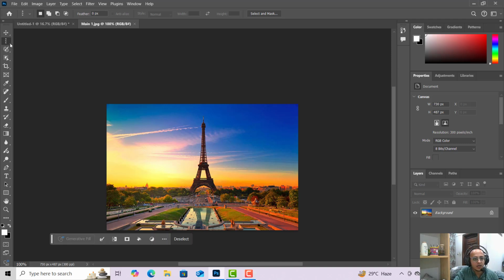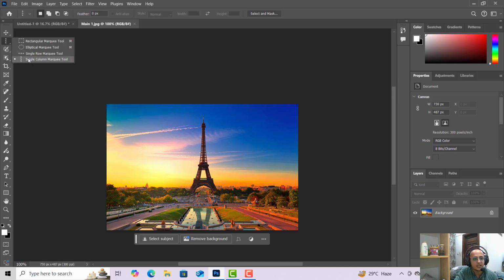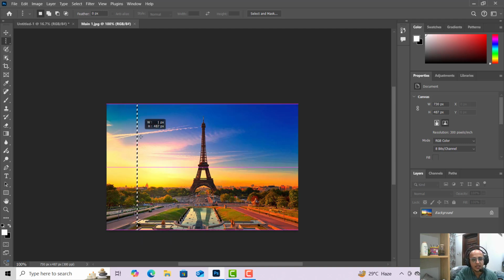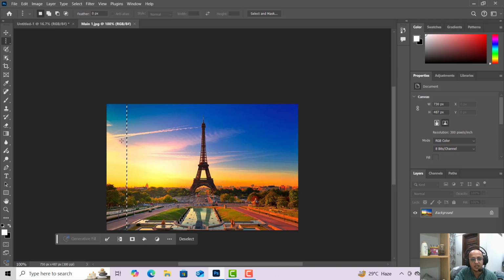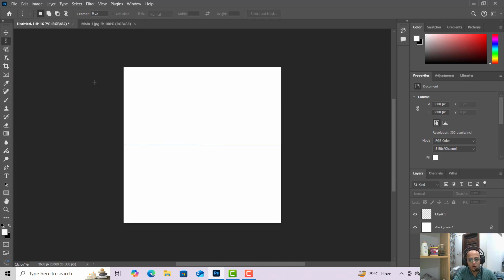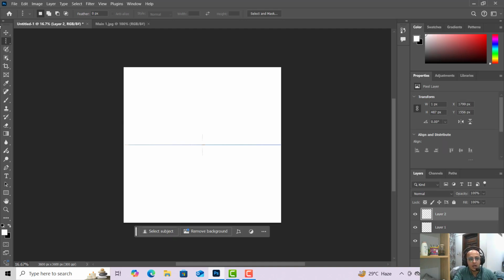Now I'll select this one, a single column, column wise. It is column wise from top to bottom. Select and press Ctrl D, select the single column marquee tool, select an area. It selects an area column wise. Press Ctrl C and now press Ctrl V. Now it selects an area column wise,